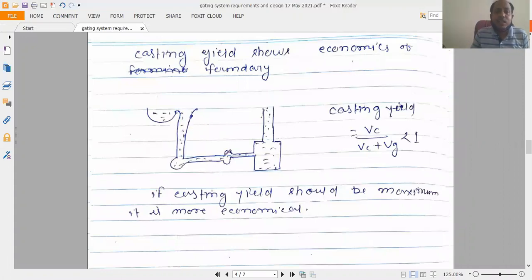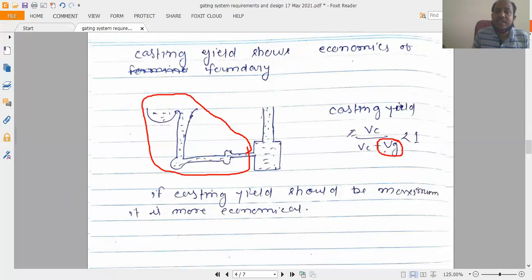Let us see here the whole casting. This one is the casting and this one is the casting material, and the whole gating system part. In the gating system part, if less molten metal goes, then this quantity will be less and this quantity will be less, so the whole quantity in the casting will be maximum. Only then do we get the maximum amount of casting material at the volume of the casting. Means the requirement should be made to this molding, this casting.